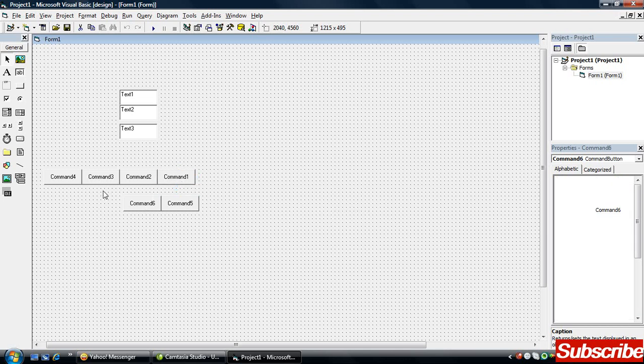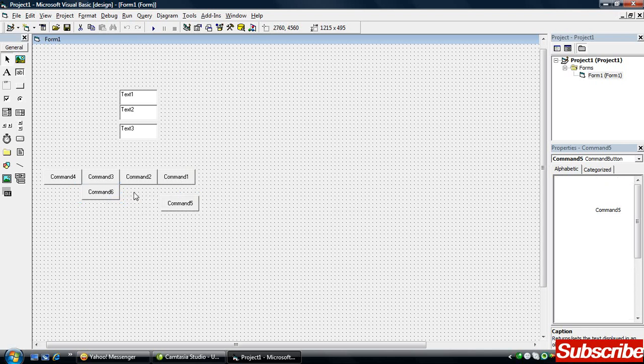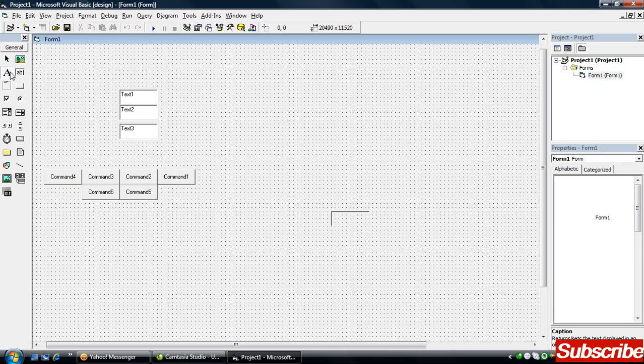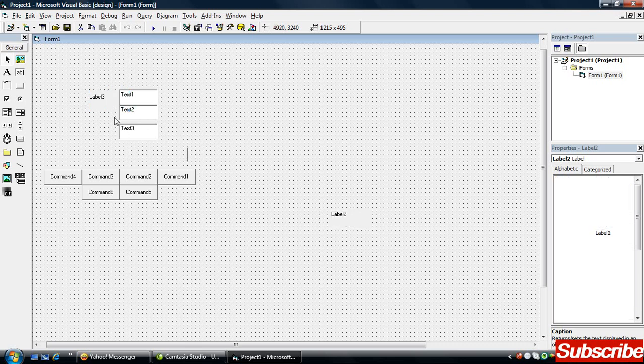Okay, after this we have to bring labels. Now how many labels we need? We need 3 labels. And why we are using labels? In order to show for what purpose we are using those text boxes. So bring 3 command buttons. Sorry, 3 labels. First for this one, second one here,